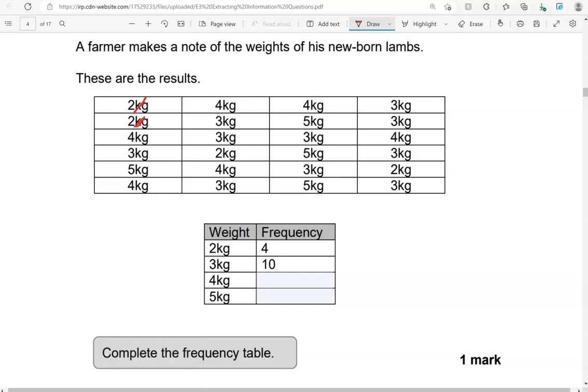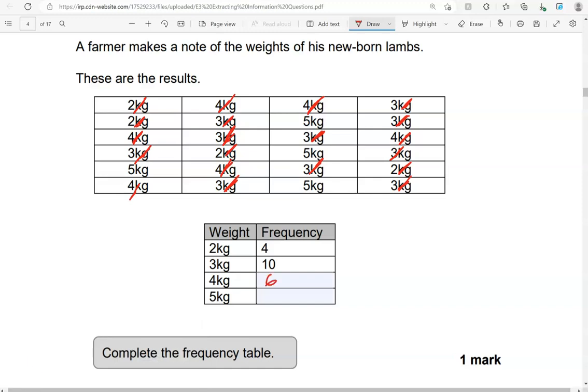Just to double check, so 1, 2, 3, 4. 3 kilogram ones, we've got 10, so 1, 2, 3, 4, 5, 6, 7, 8, 9, 10. 4 kilogram ones, we've got 1, 2, 3, 4, 5, 6,